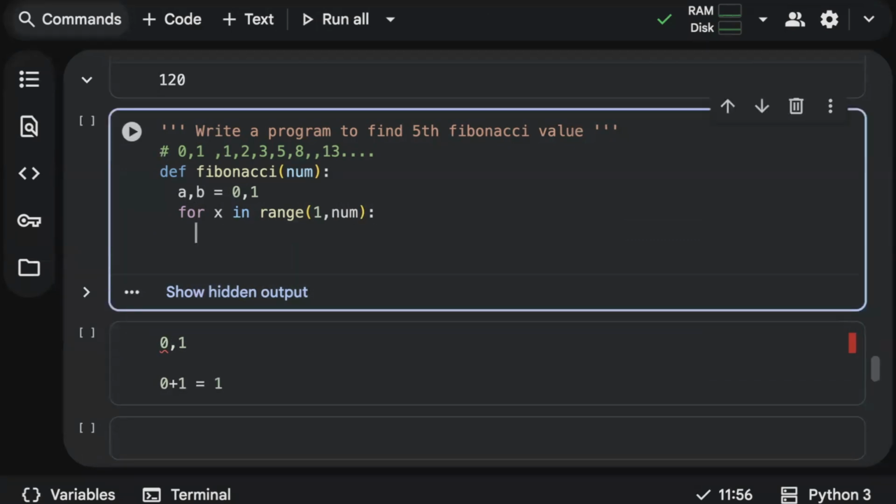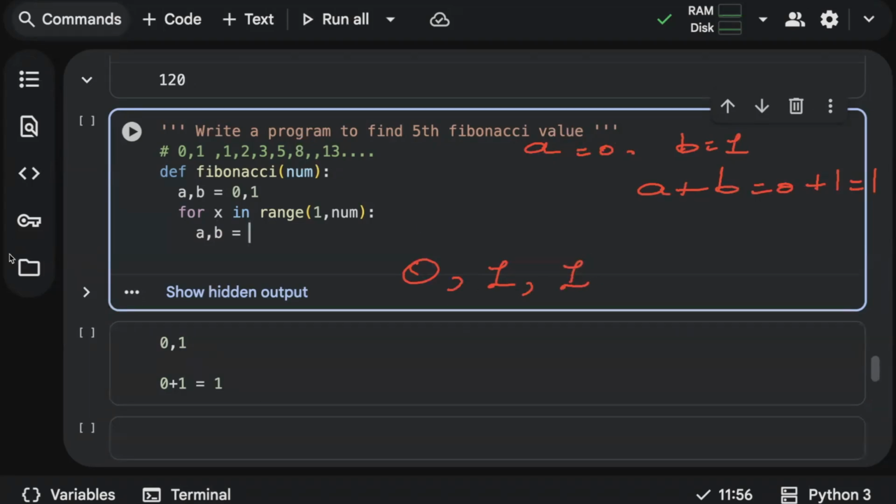So for every iteration, a, b should become what? Let me explain by writing. First case, a is going to be 0 and b is going to be 1. For the next case, you will perform a plus b, which is 0 plus 1. You will get 1 itself.